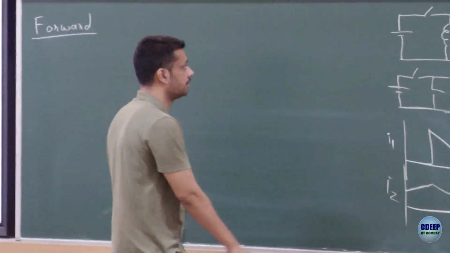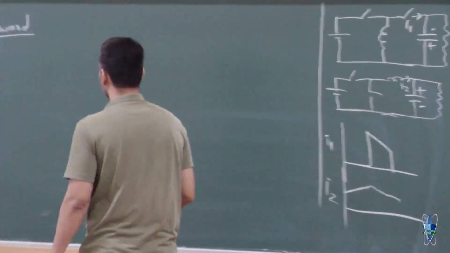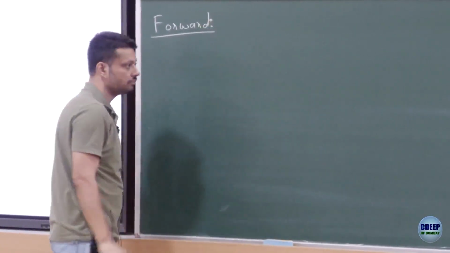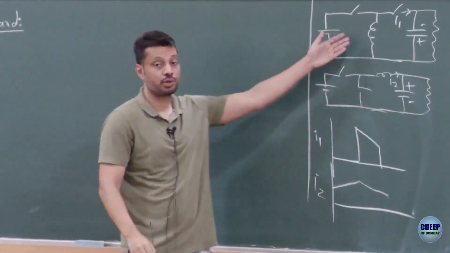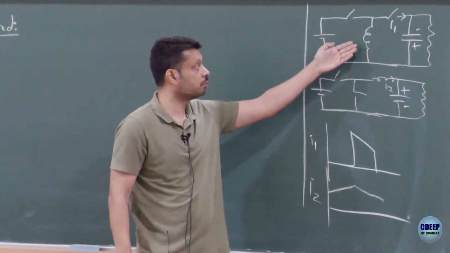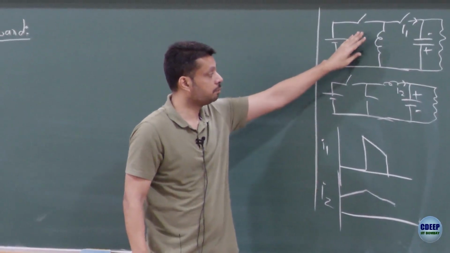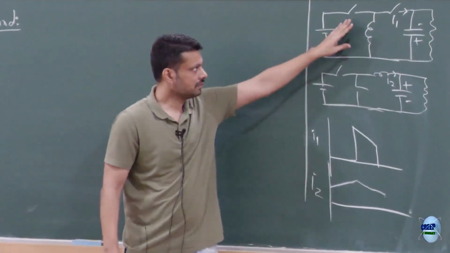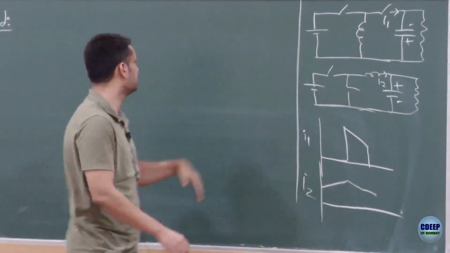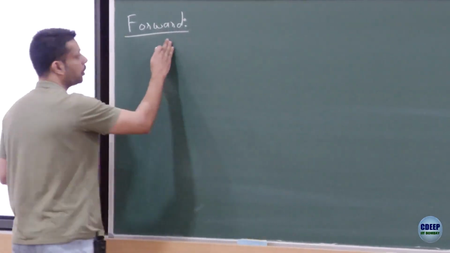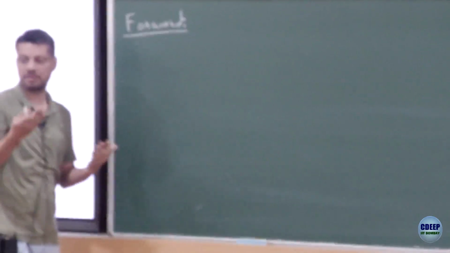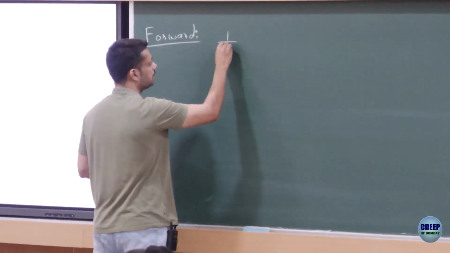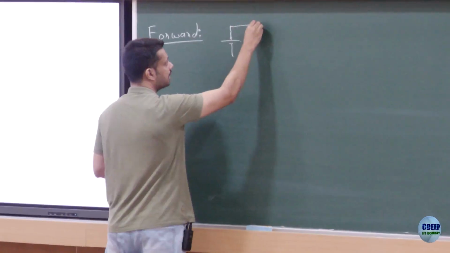Okay, then let's come back to the forward converter. So we understand we need the forward converter. Of course, this is just one reason why you don't use buck boost. In addition, you don't use buck boost because your efficiency would be poor as compared to buck. I'm not giving you proof now, but that's generally the reason there's something called forward, which is a buck derived topology instead of a buck boost derived topology. The circuit we saw, I think, last time, but let me still draw it again.